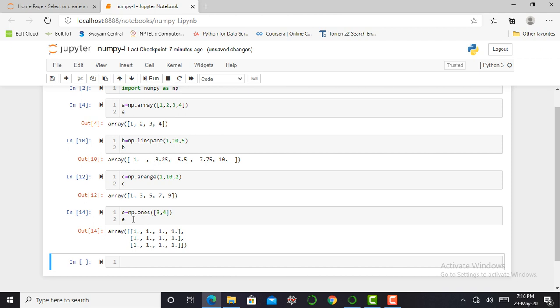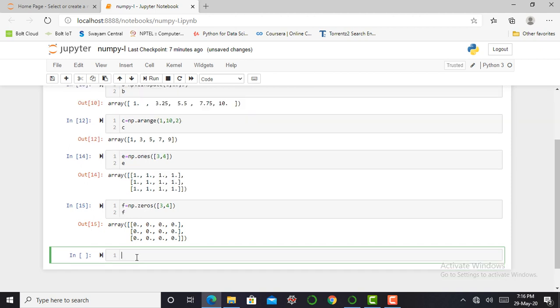So if I want only the number 1 in all positions, we can use the np.ones command. Another command creates all zeros. We only have to replace ones with zeros and we get a matrix with 3 rows and 4 columns with all elements 0.